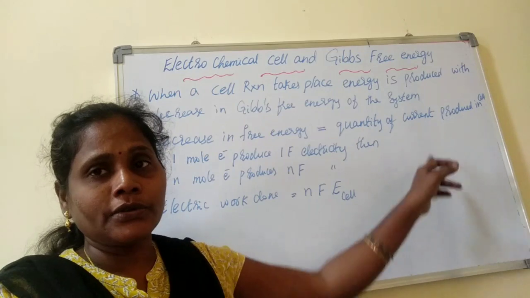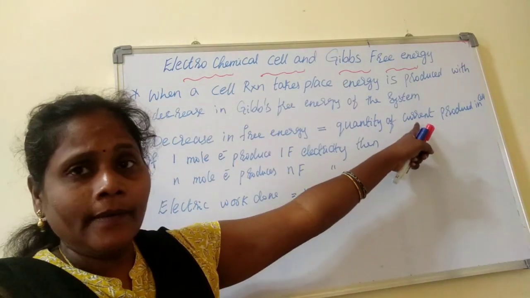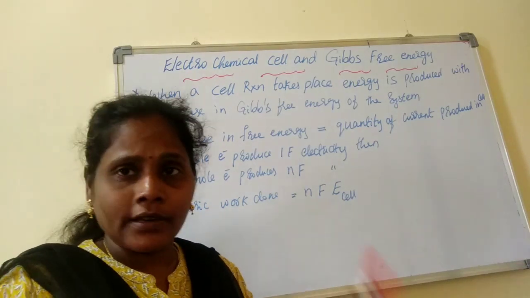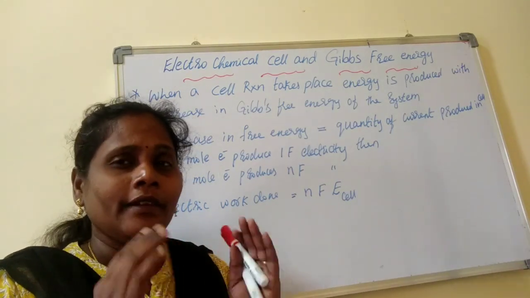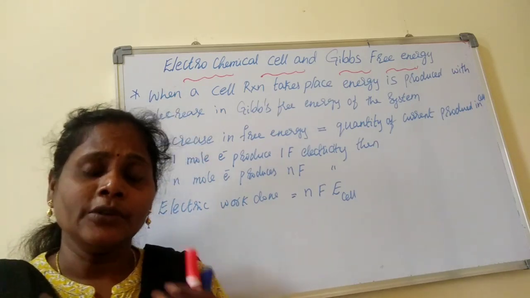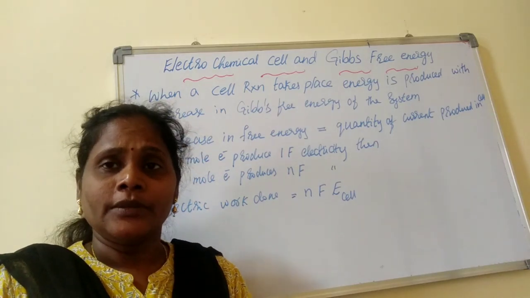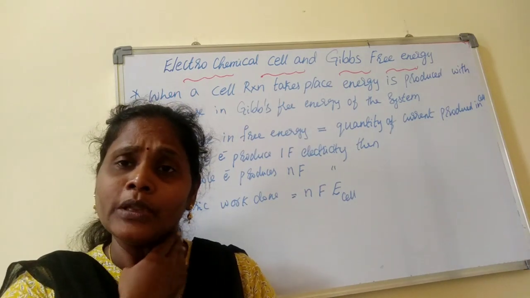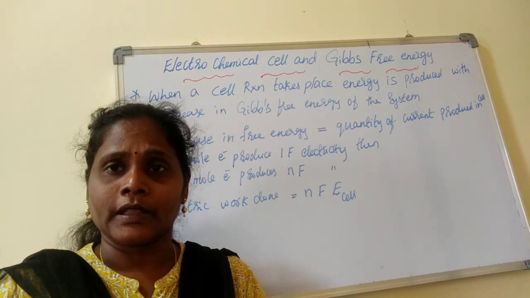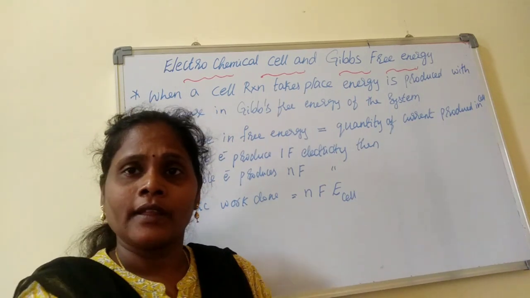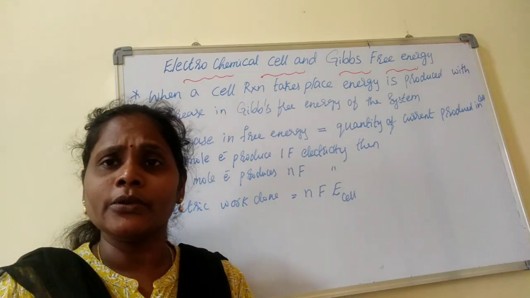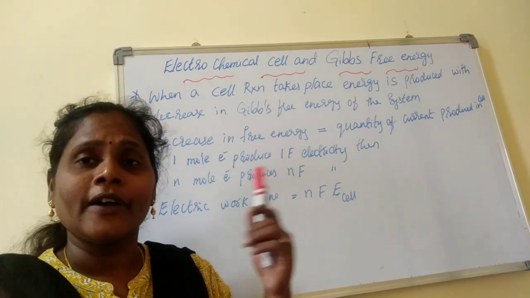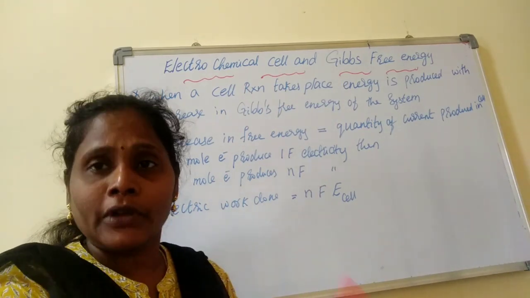EMF of the cell has produced some current, E cell, so that will be equal to my decrease in free energy of that, because that is a reaction. Please, you have to correlate. Here this is a physical chemistry reaction. You have to imagine the energy, pressure, volume, etc. Because normally in organic reactions we don't need to imagine, everything will be in the equation. Carbon is moving there, hydrogen is coming, everything will be in the form of equation. You need not imagine there. But here, in this type of concepts, you have to imagine the system or what we are talking about.